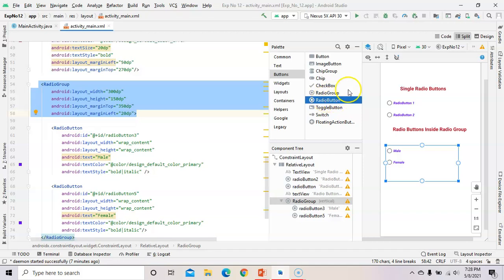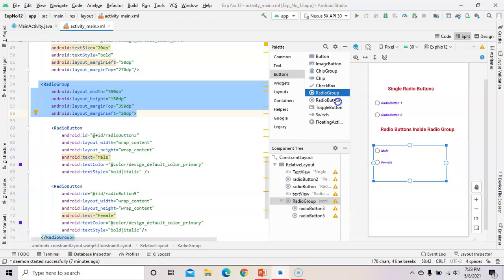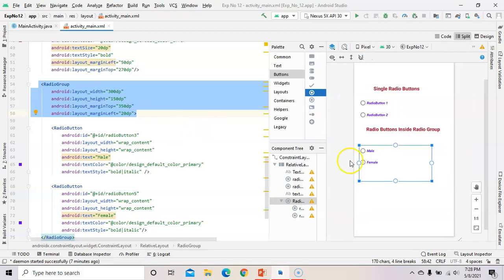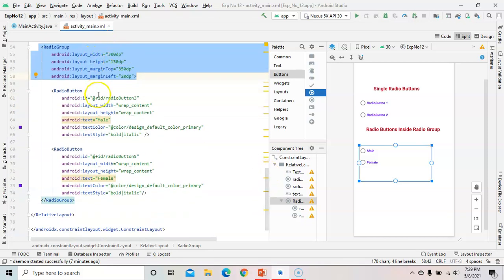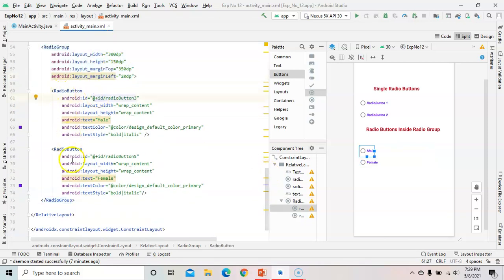So we need to take a radio group here, and inside this radio group the two radio buttons, male and female, are added. So inside the radio group I have added two radio buttons, and then the radio group is closed, and then the relative layout is closed. So you can see the component tree.